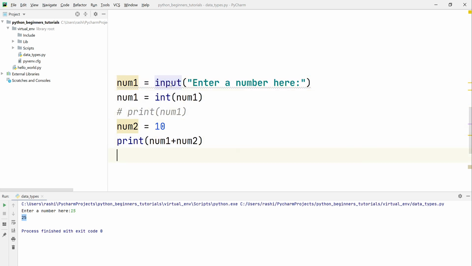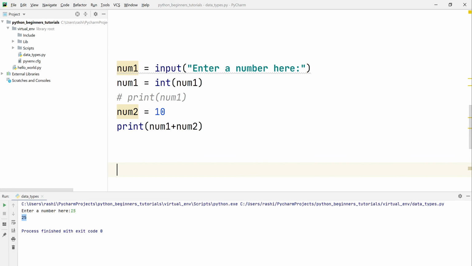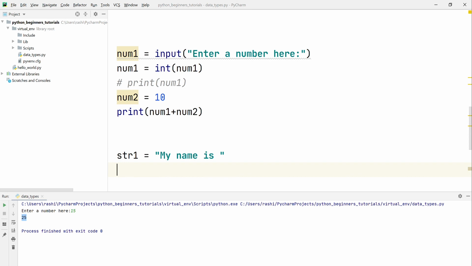Now we'll see if we could perform any plus operation between strings. We have already seen that we cannot perform plus operation between string and int, or between string and float number, but we can perform plus operation between two strings. How will it work? Let's say str1 is equal to "my name is", okay, and str2 is equal to "Rashid".